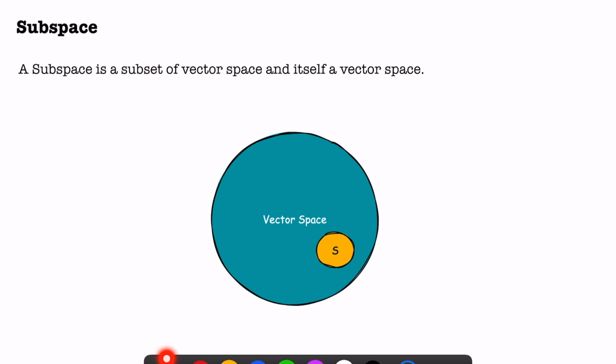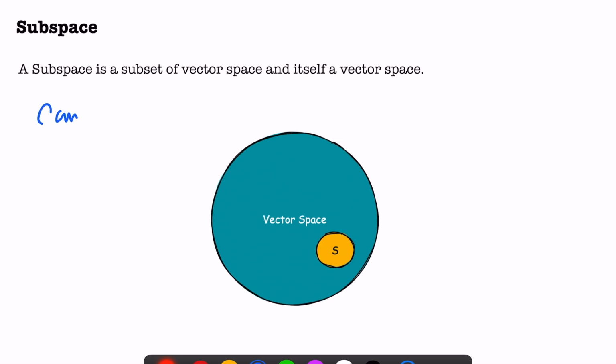In the previous video, we discussed vector space and saw what rules a vector space satisfies. Now here we are discussing subspace. A subspace is a subset of a vector space, and it itself is a vector space. So if this is a vector space, then S is a subset of this vector space. As it is a subset, it will automatically satisfy a few of the vector space properties,